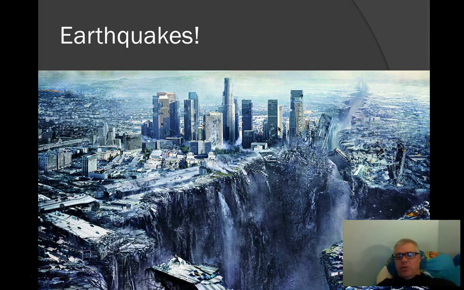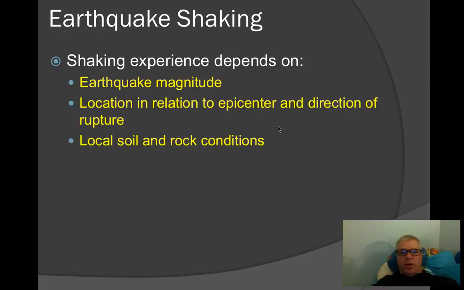I've been focusing a little bit on volcanoes, but I want to say a few things specifically about earthquakes. I've mentioned that most of the time these are associated with plate boundaries and have to do with the sticking of the plates and the release of that energy. There are basically three major things that dictate how bad the shaking is from an earthquake. One of them is the magnitude, which is how much slippage occurs over what kind of distance and how much energy is released from that earthquake.